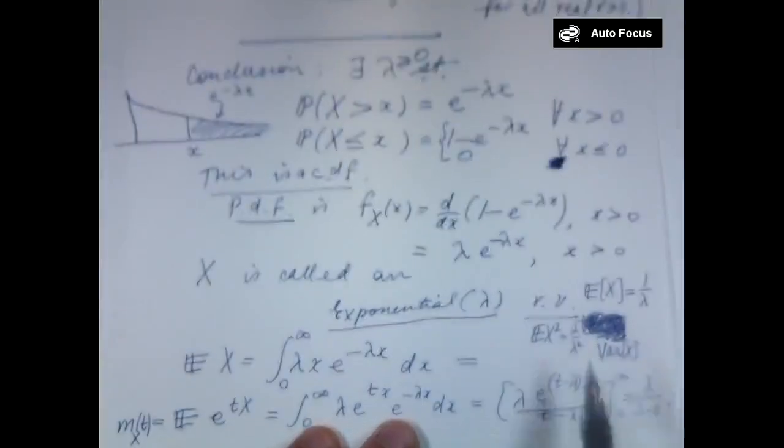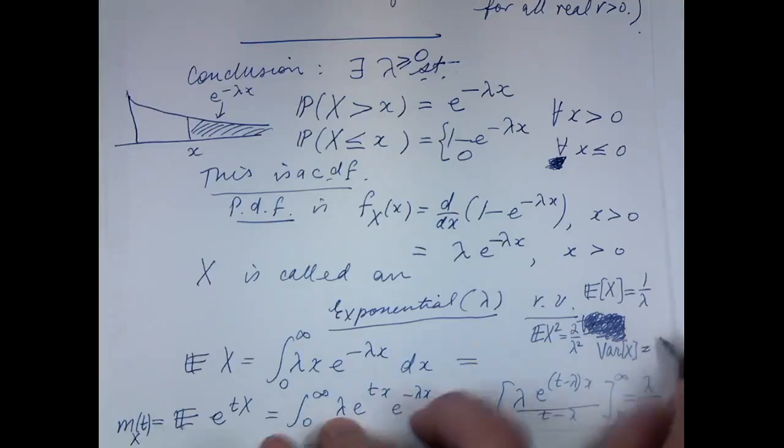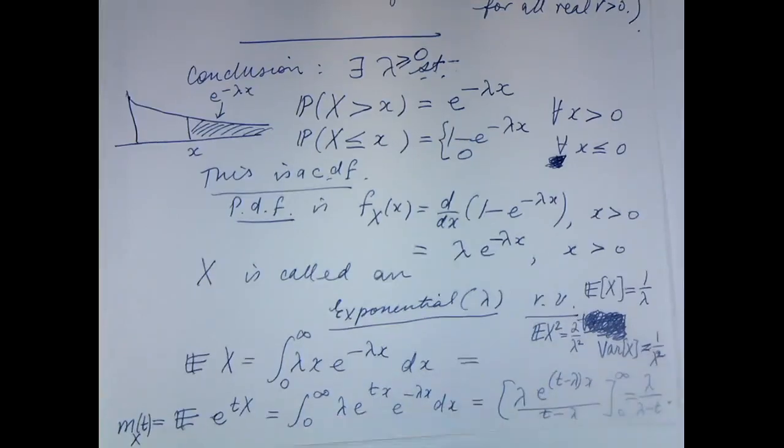I always take the second moment minus the square of the first moment, right? That's the calculation point. So 2 over lambda squared minus 1 over lambda squared. Okay, so variance is 1 over lambda squared. Interestingly, this shouldn't be surprising because you should think of the exponential as a continuous time